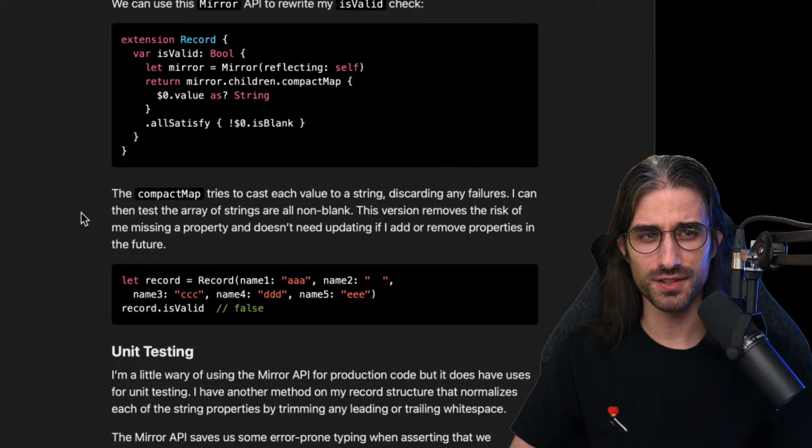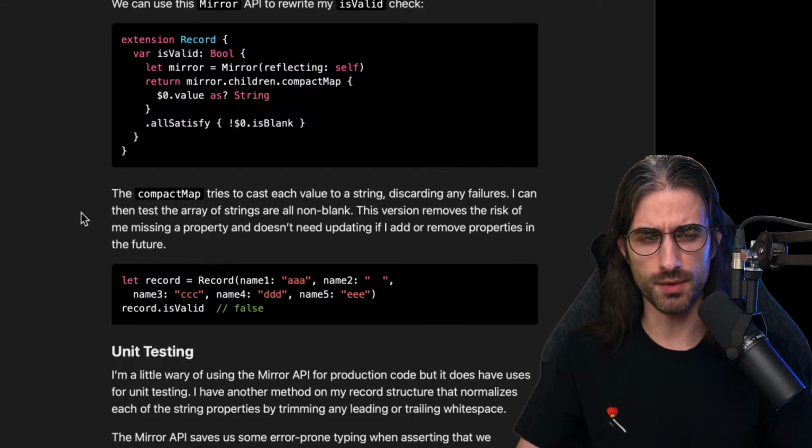Actually, for that kind of stuff, I really like the solution that we have in this article. But if I were to do the same thing, I would use a tool like Sorcery that lets you write a template that will generate the code of the isValid, and Sorcery supports annotation, so you could annotate with a special comment the properties that must be validated, and I guess it would be a safer way to do it. Or you could maybe use a property wrapper. Yes, you could use a property wrapper, that would be great.